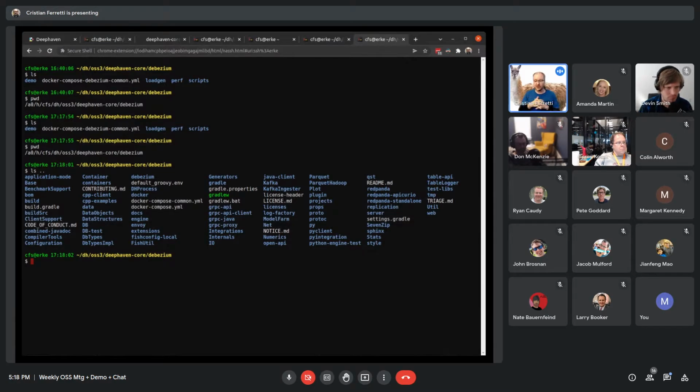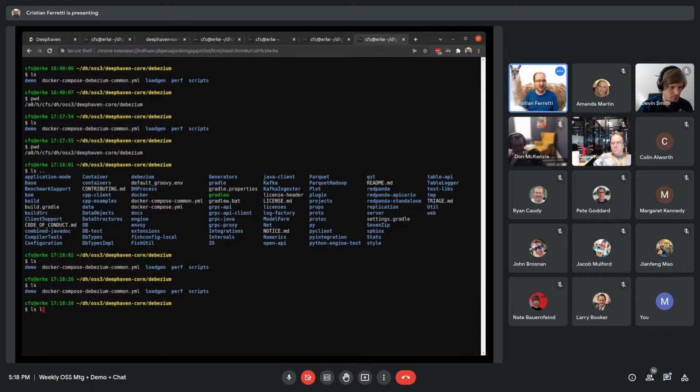I mean, you can run this yourself if you want from Deephaven core. But I'm going to be using the Docker Compose hierarchy that we have there with some dependencies to the file side. So inside the Debezium directory under the Deephaven core, we have demo and perf. What Amanda just showed you is the same inside the demo directory. And I'm going to go into the perf directory. We have two other things here: loadgen and scripts. Loadgen has the Python code for our simulation of the e-commerce website, and it's shared by both demo and perf. Demo and perf have different Docker Compose files, and in scripts